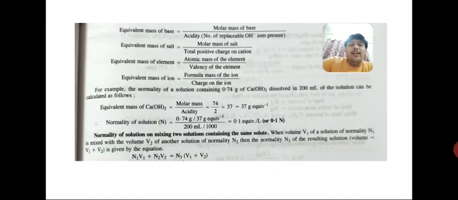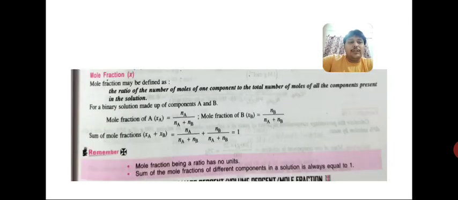Okay students, like molarity, we use the normality equation, like N1 V1 equal to N2 V2. Like M1 V1 plus M2 V2 plus M3 V3 is equal to M4 V4, here also we can use N1 V1 plus N2 V2 plus N3 V3 and so on. It means the same as the molarity equation, we are using the normality equation. Okay students,